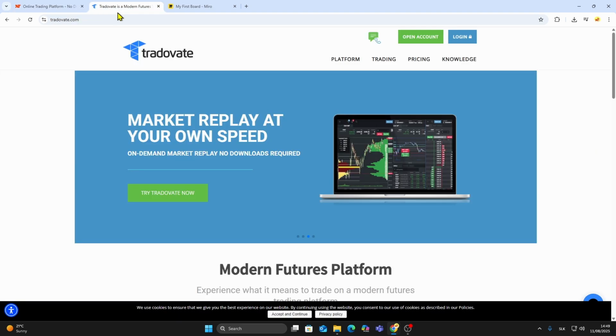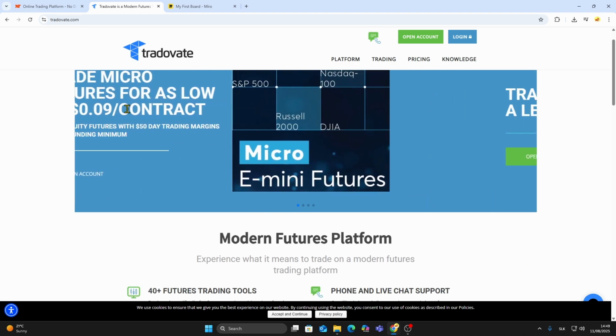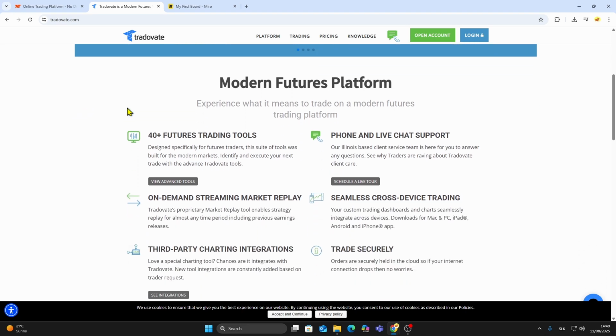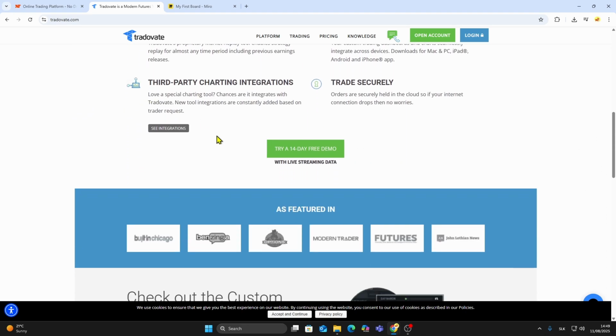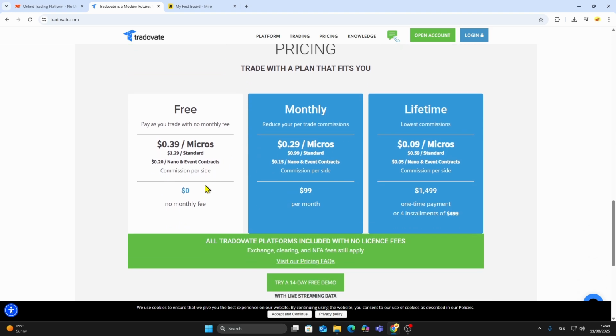Now, Tradovate. This is the newer, cloud-first option, designed to be simple and accessible. Since it's web-based, you can trade from virtually any device without installing heavy software. It offers clean charting, smooth integration with TradingView, and a pricing model that replaces per-trade commissions with a flat subscription,